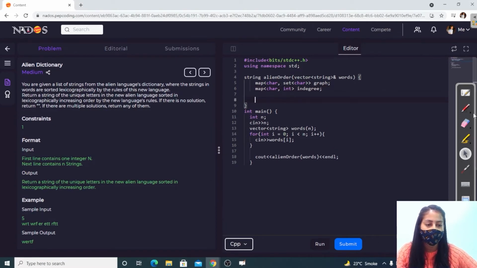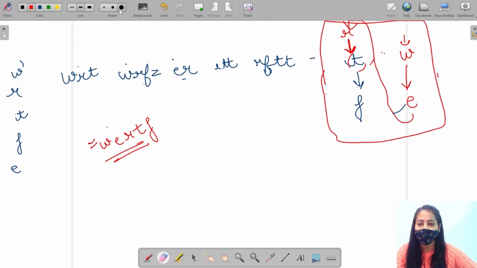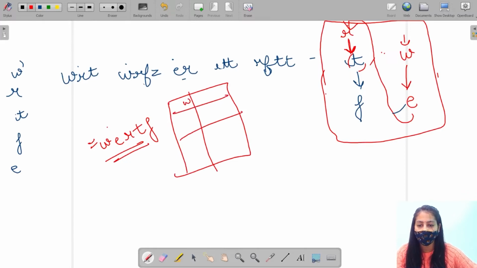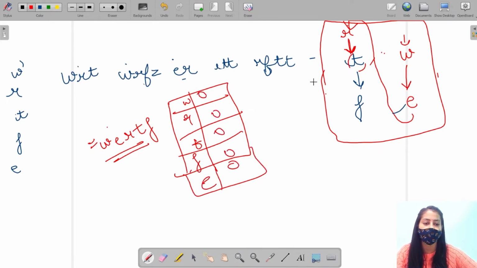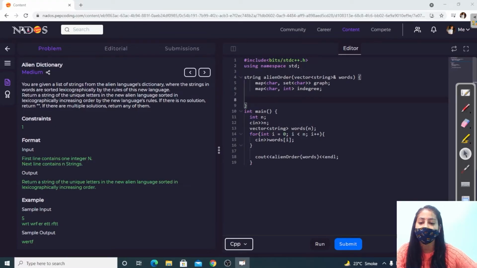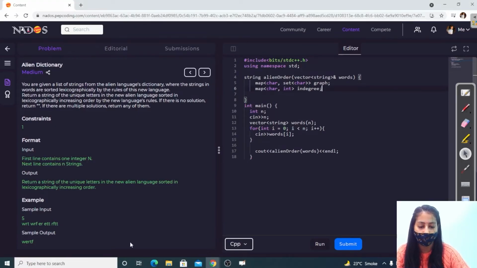Next, let's add all these unique characters to the in-degree map. So let's add W, R, T, F and E and map the degrees of all the characters to 0, because we haven't added any edge in our graph till now, right?